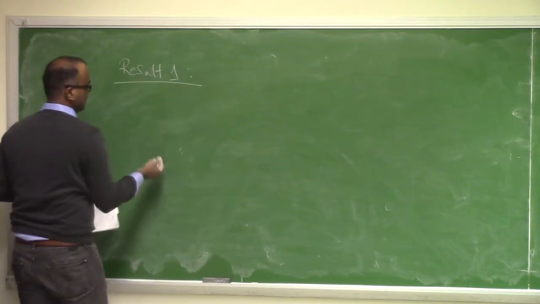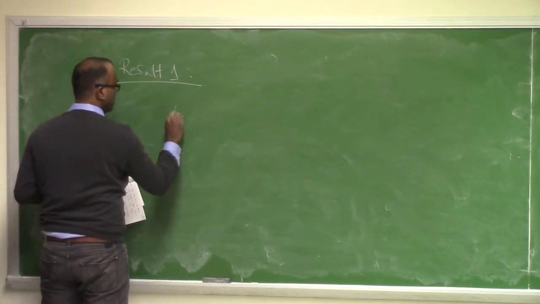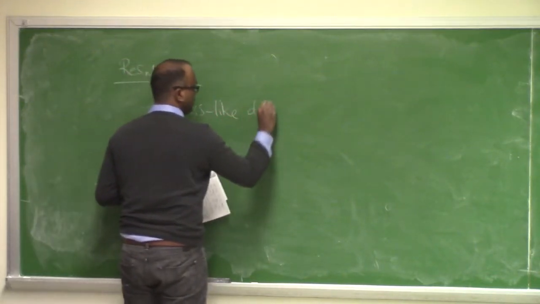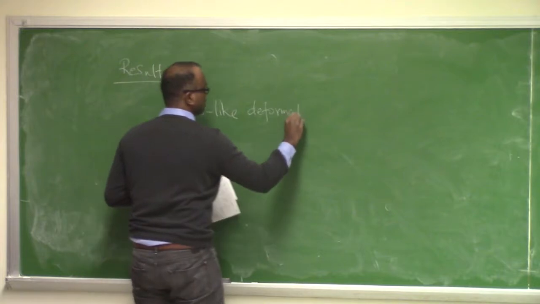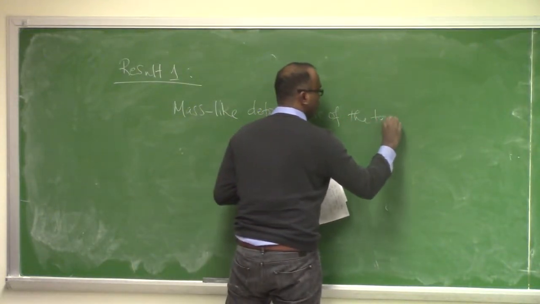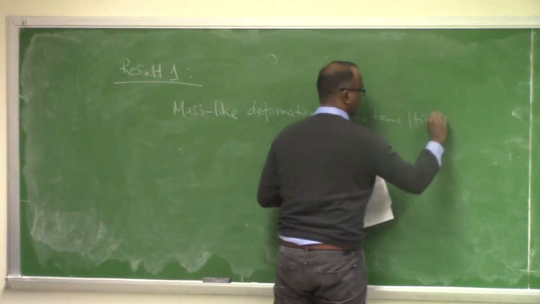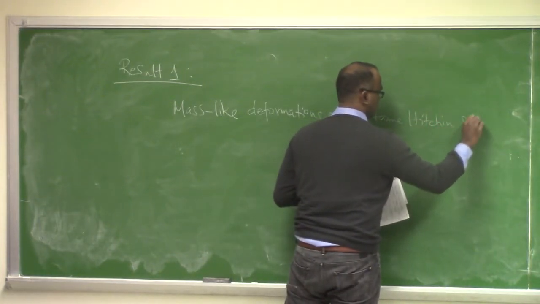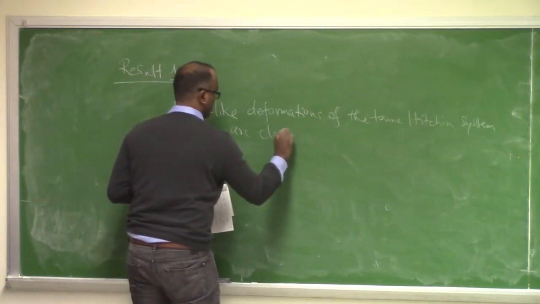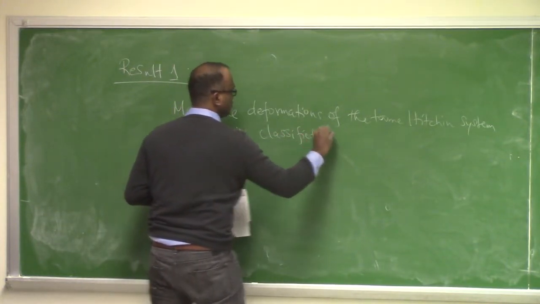So the first result is that mass-like deformations of the tame Hitchin system are completely classified